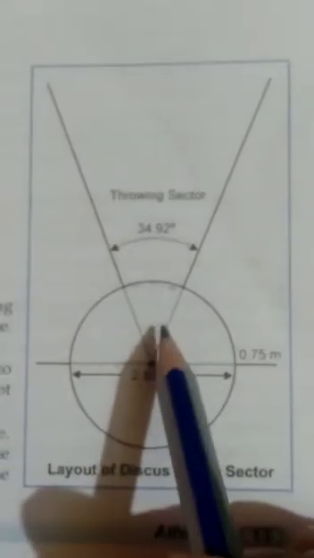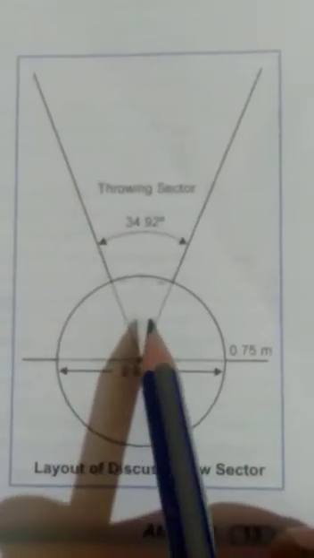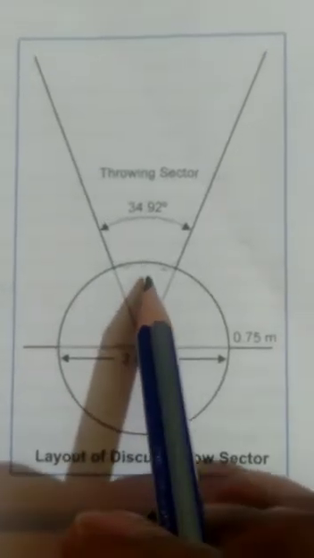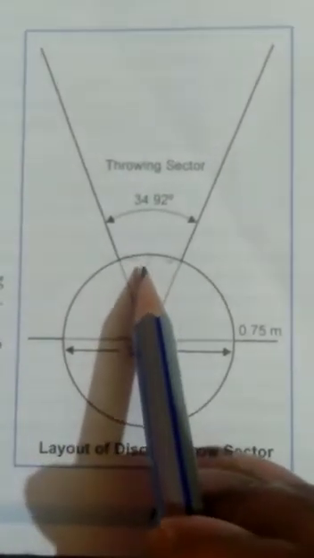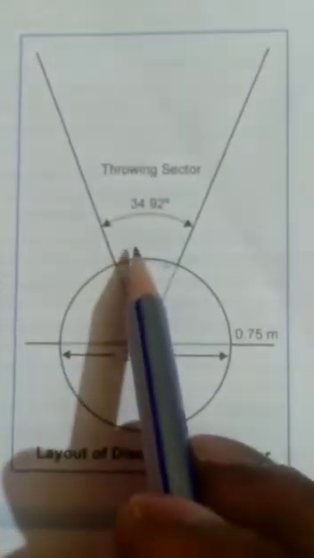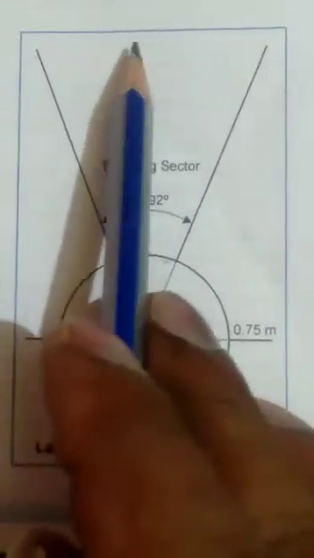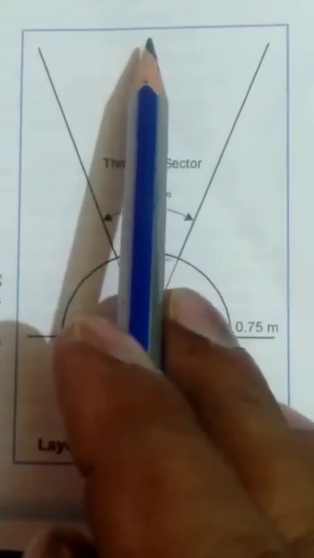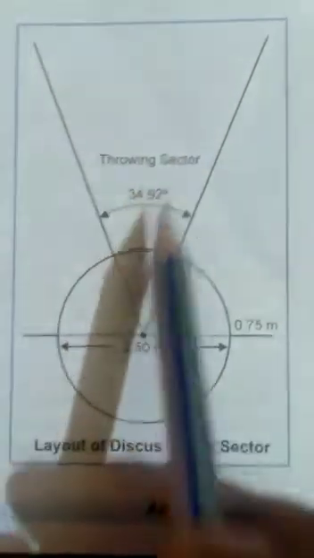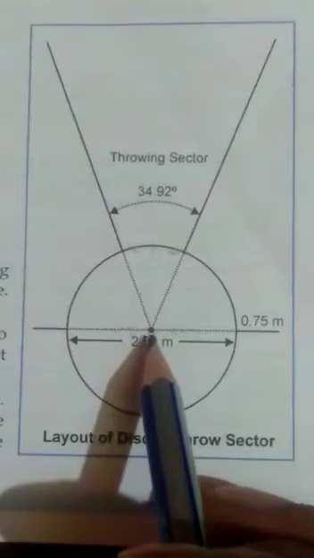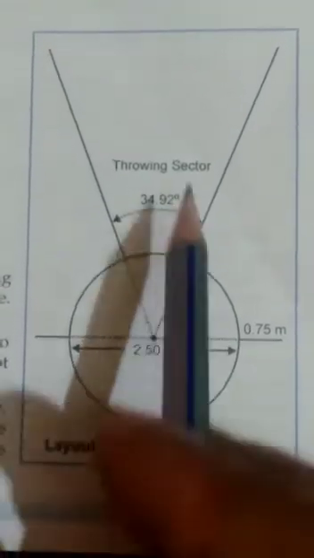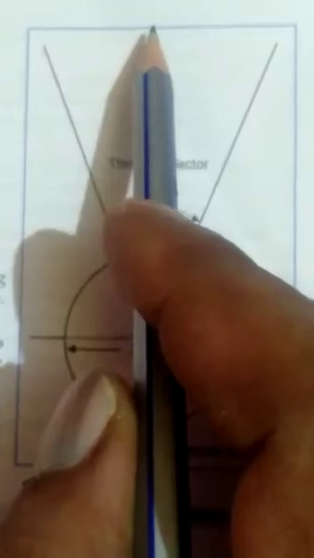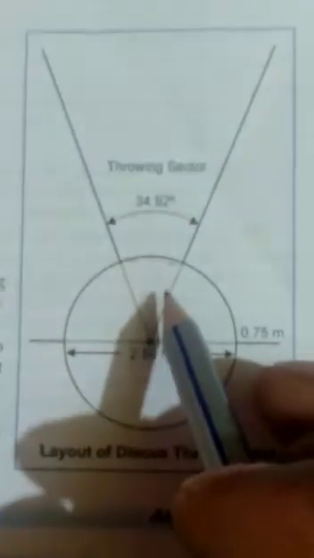They are the best of three throwers. It means a player has three chances to throw the discus, and the best of their throws will be counted. Right? It means a player gets three chances, and the best or the maximum throw is counted from this point.